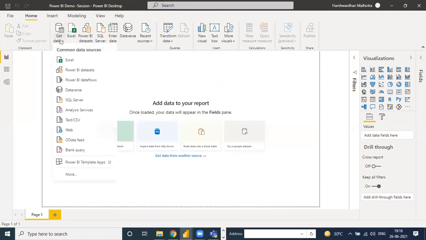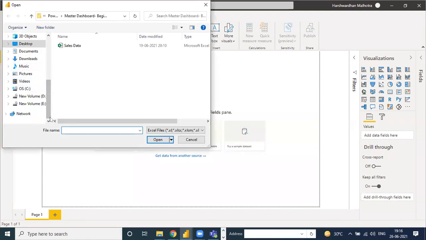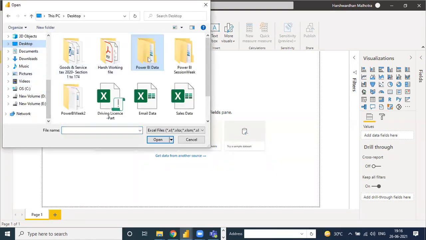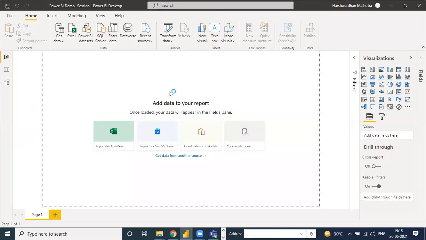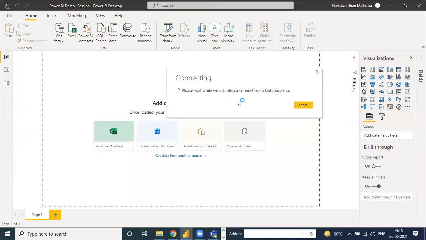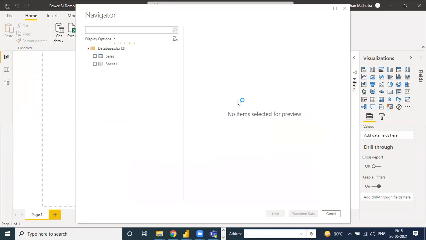So I have one data only in Excel. So I choose Excel and go to my desktop, choose the file is this and choose the data set. Open. Once I click open, it's connecting with the database. We can only submit the database into the dataset file every time. Submit and save. And then after that, we are going to refresh.